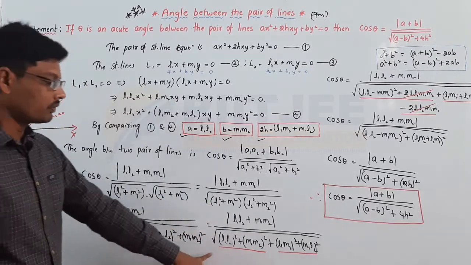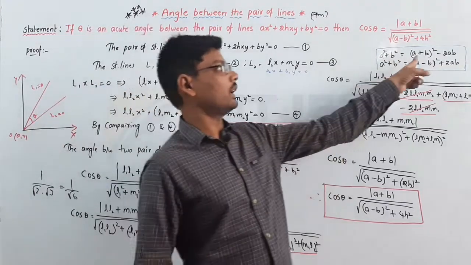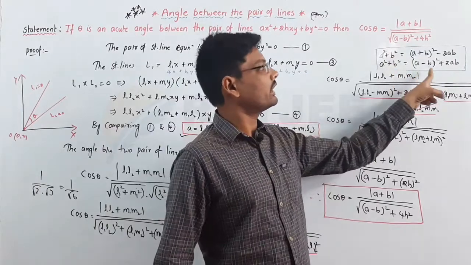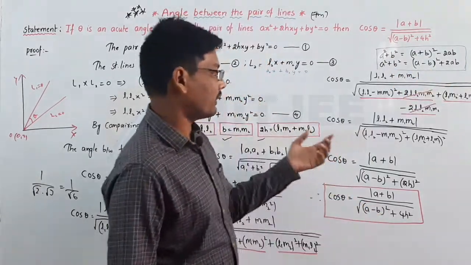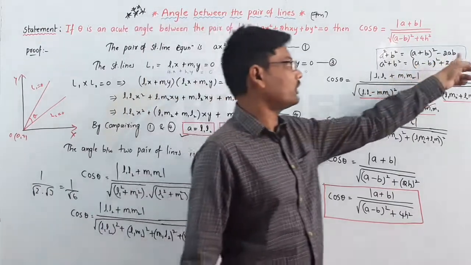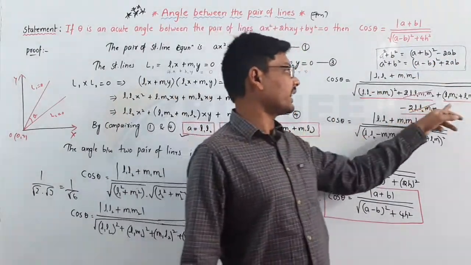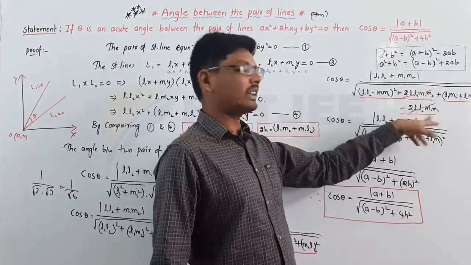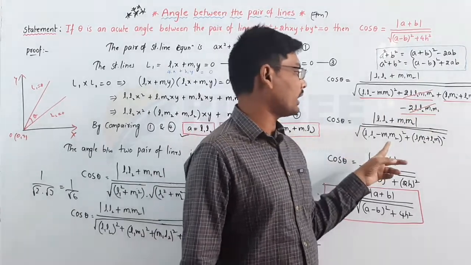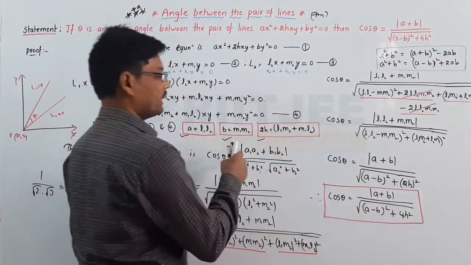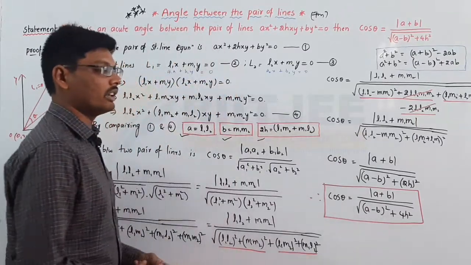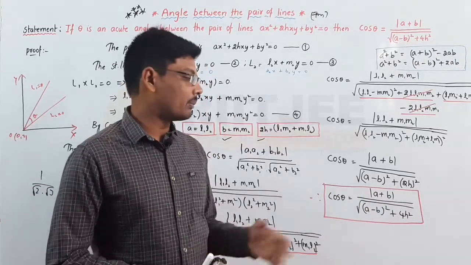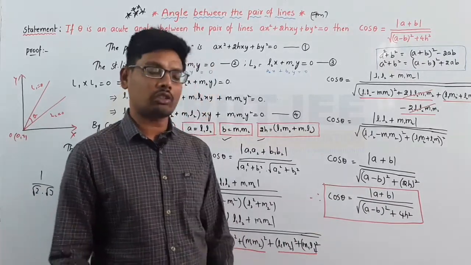After multiplying the terms I am expanding these two terms according to the formulas a square plus b square, a plus b whole square minus 2ab. You can write a square plus b square in the form of a minus b whole square plus 2ab. The first two terms I am choosing for the formula of this one and the second two terms are choosing for the formula for this one. So after expanding this one we can cancel these terms here. So if you substitute the values of a, b, h here, we will get the equation of angle between two straight lines, that is cos theta is equal to modulus of a plus b divided by square root of a minus b whole square plus 4h square.